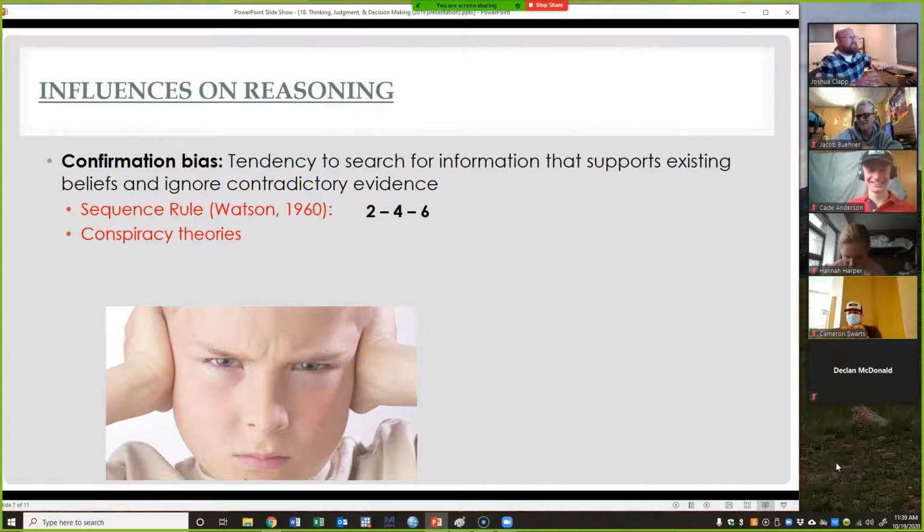So ignoring the evidence against what we believe, and so conspiracy theories are maintained by this. In psychopathology, we see this a lot too, right? What we know about people who struggle with depression is that they have very strong beliefs and assumptions about their self-worth, their ability to do things, whether or not people like them, things along those lines, right? And if you've ever struggled with depression or known somebody who has, you get in this